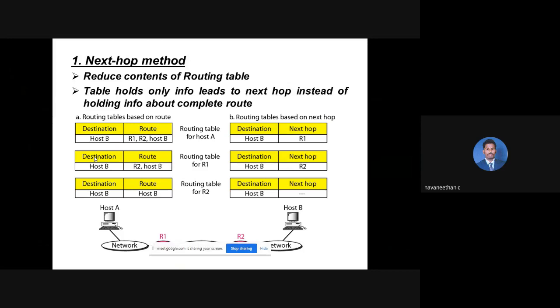Just look at a simple example. We have host A and host B. We have more routing information between host A and host B. Host A has to reach host B via R1, then R2. After reaching each and every particular routing point, the table has to be updated. Initially, the destination should be B, and the routes are R1, R2 and B. After reaching A, it will be R2. Clear? For each and everything, the information has to be updated.